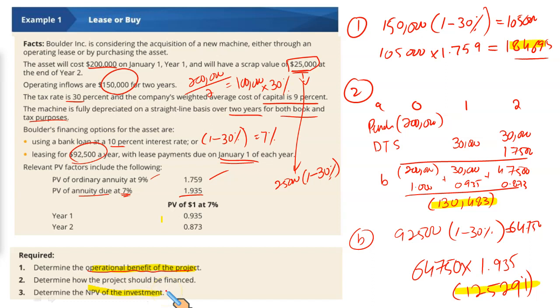Finally, we have to now determine the NPV of the investment. What you will do now, you will take the benefit 184,695 and take the lower of these. We of course are not going to use this because borrowing and then acquiring the asset is costly, 134. You will go for the one that has the lower present value of payment. Remember, present value of inflow should be as high as possible, whereas the present value of outflow should be as low as possible. So in this case, take the lower one and deduct this from the present value of benefits.